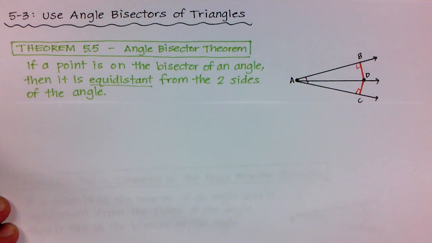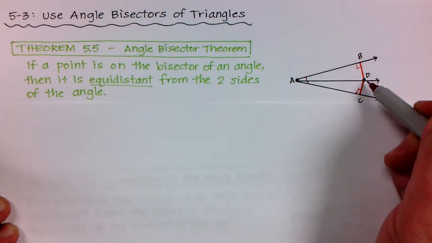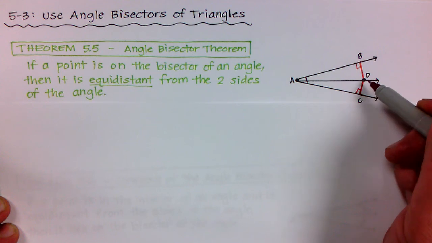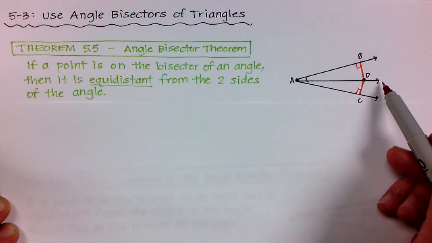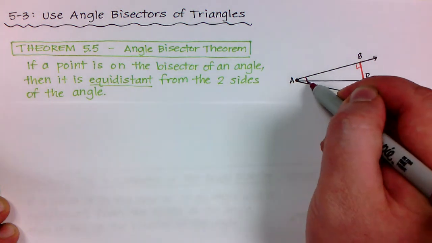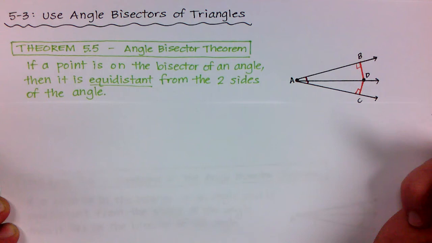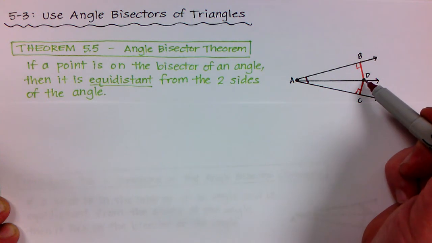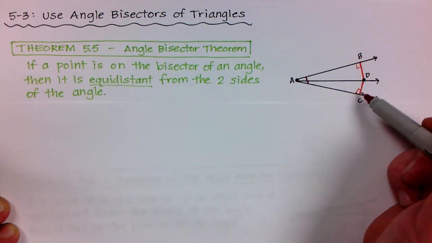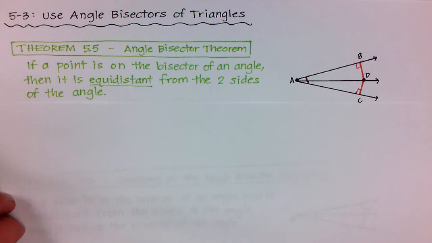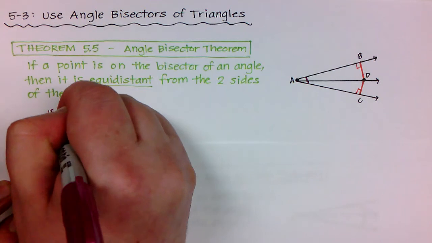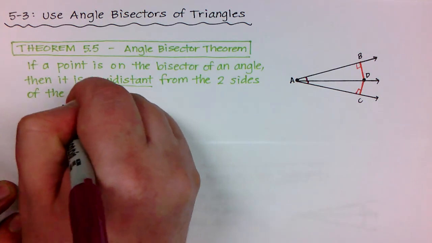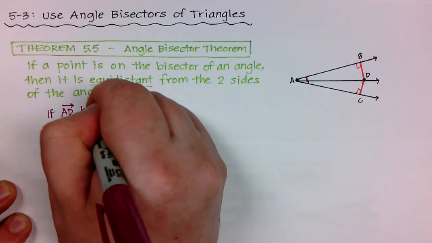And it says if a point is on the bisector of an angle, then it is equidistant from the two sides of the angle. Okay, so in this case, AD is the angle bisector, and I had markings here to show that these two angles were congruent, and it's saying that this point is equidistant from the two sides of the angle. So what I'm going to write down is if AD, if that ray bisects